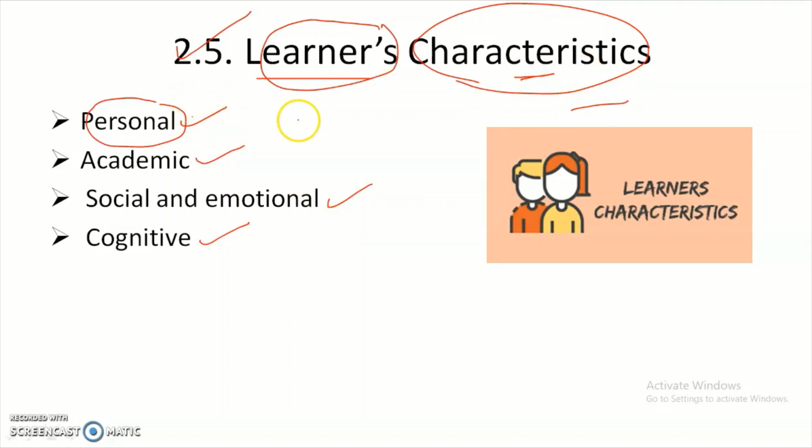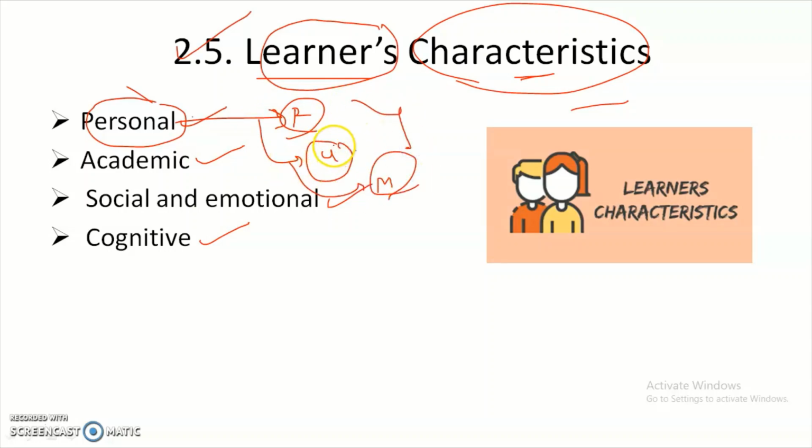That means if you are located in a rural area, your characteristics will be different. Your knowledge levels and study levels are different. If you are located in an urban area or in a metropolitan city, the way of learning and the characteristics will be different from rural areas, urban areas, and well developed cities, right?